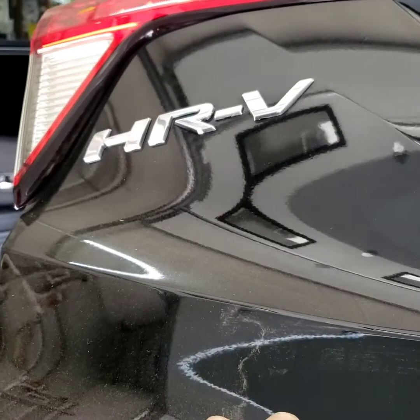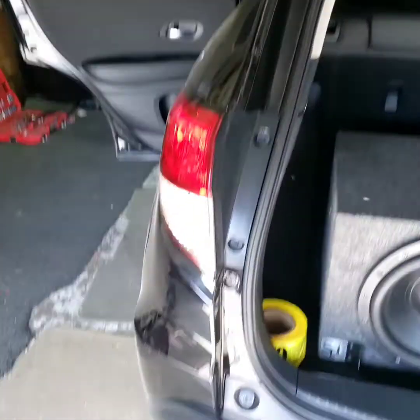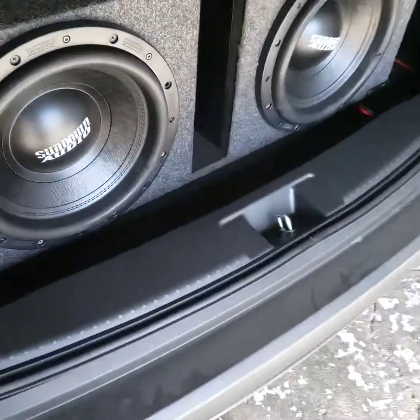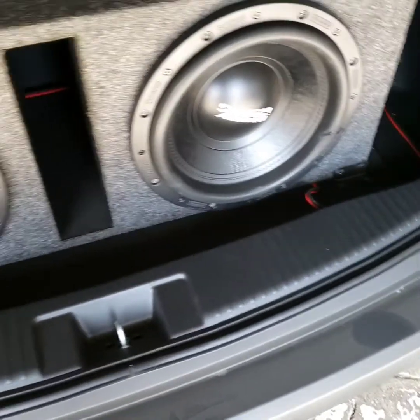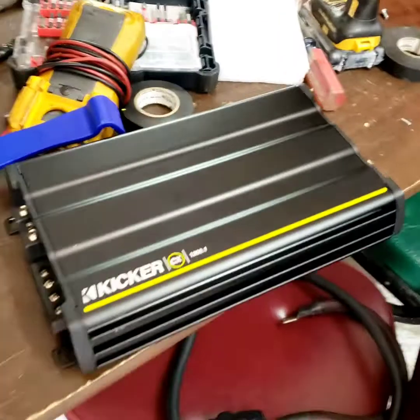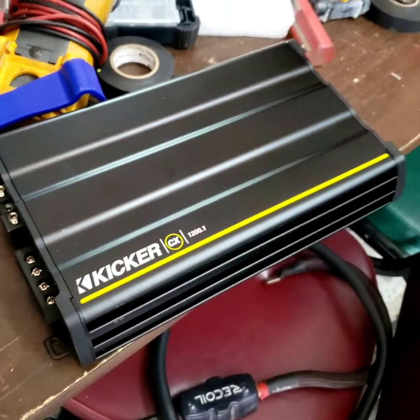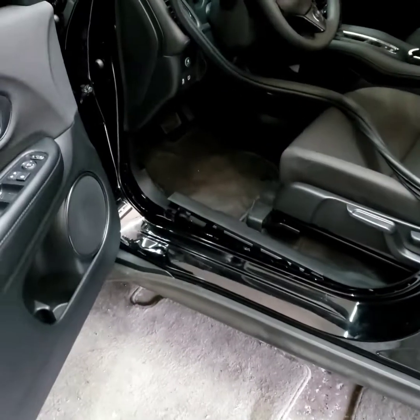I got a 2022 Honda HRV. I am installing the Sundown Audio 212 and a 1200 watt 0.1 Kicker amp. Kicker amp right there, it's an old CX series. First, I'm gonna look for the